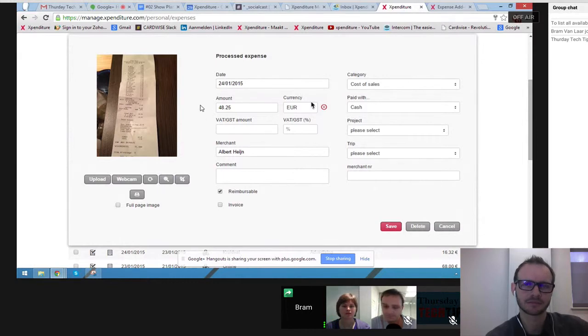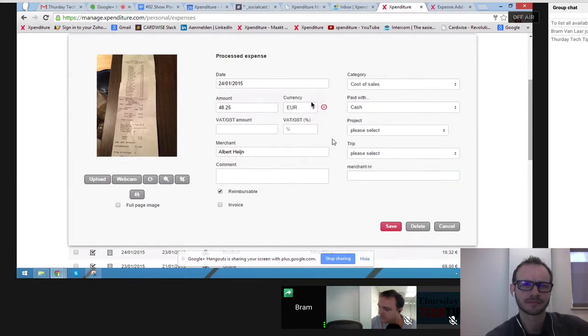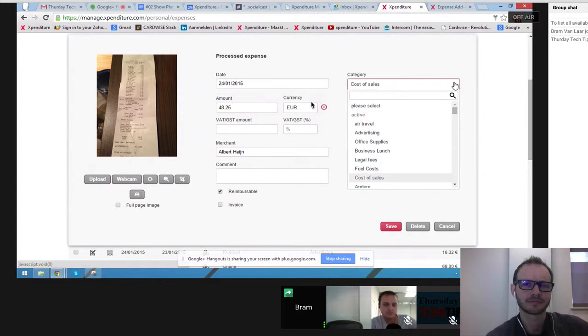The categories are automatically read out. All the other fields that you see here can be customized in your own account. If you want to make it mandatory that every time you upload an expense, you want to edit the form of payment, you can choose cash, company credit card, your personal credit card, etc. You can make that mandatory in the settings of your account. You can also immediately link the category to your expense